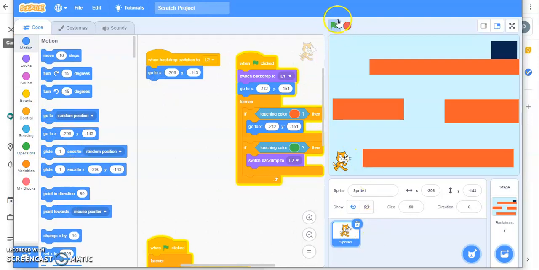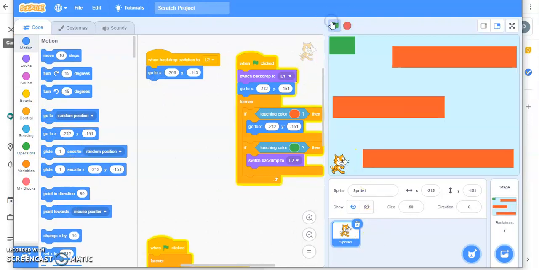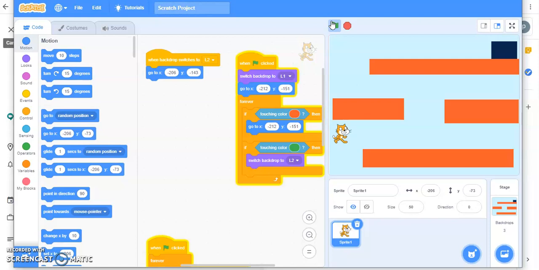First go to this, right? Let's test. Right? So it has started from that point.